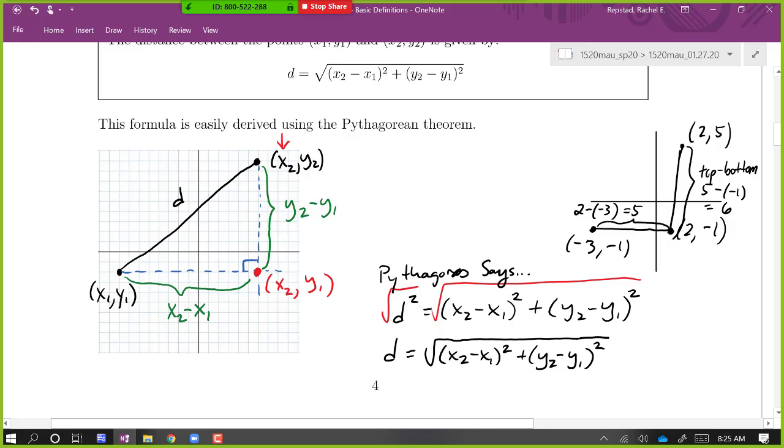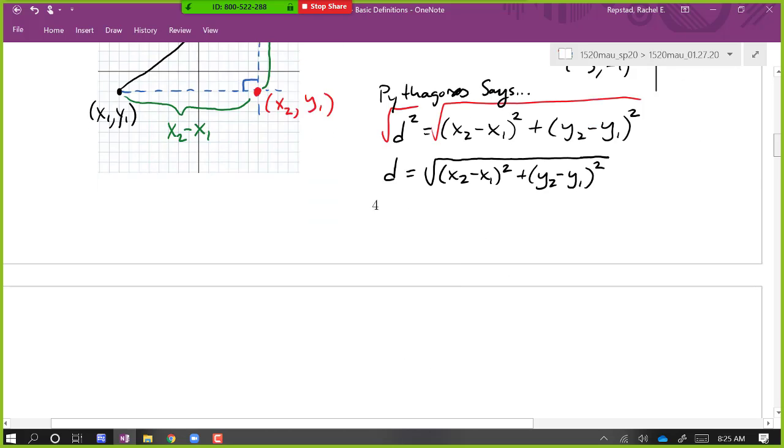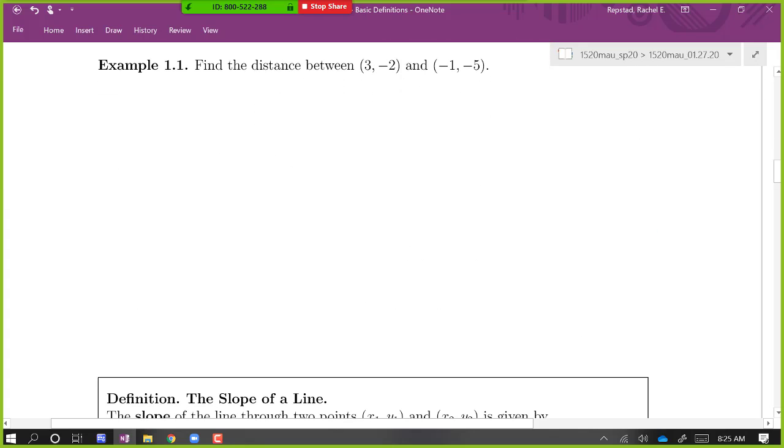Let's do an example. I get excited sometimes, and I'm always ready for the next thing. So if I ever move on and you're still writing from the previous page, just give a holler and let me know that I should go back. I'm happy to do that.